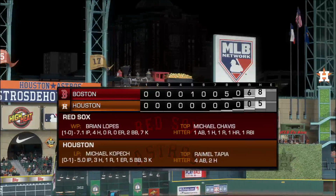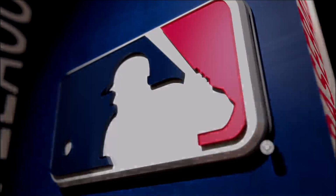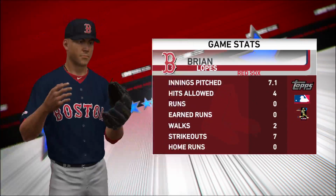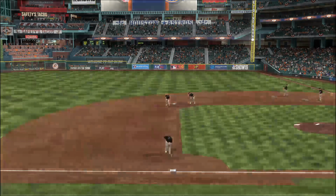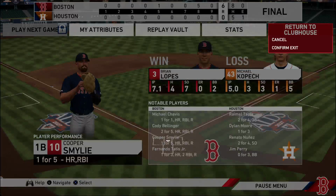Time for one final check of the line score as you see the key players there in this shutout victory. Well, heroes are made in the postseason, and he was at least the hero in this one. He's our top player of the game. And obviously, every game is so important in the postseason. So when you come to play like he did and make a big difference for your team, it's something that...